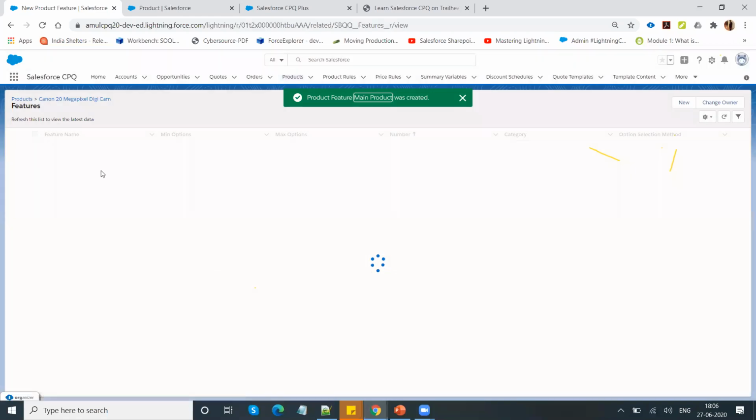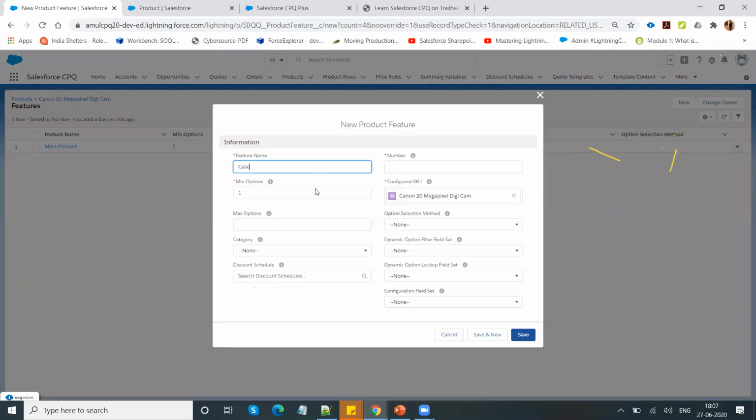So I'm creating three different features, or logical groupings. One is called main product. Another one is called case. Number is basically your sequencing, how you want to display your category. Category 1, first main machine, then hardware, then software, then accessories. So 10 and 20, why am I giving 10 and 20? In order to, let's suppose down the line you'd like to add one more in between, you can give any number actually. So you can give 2 or 3 or whatever. I'm putting 10, 20, 30, 40 likewise.